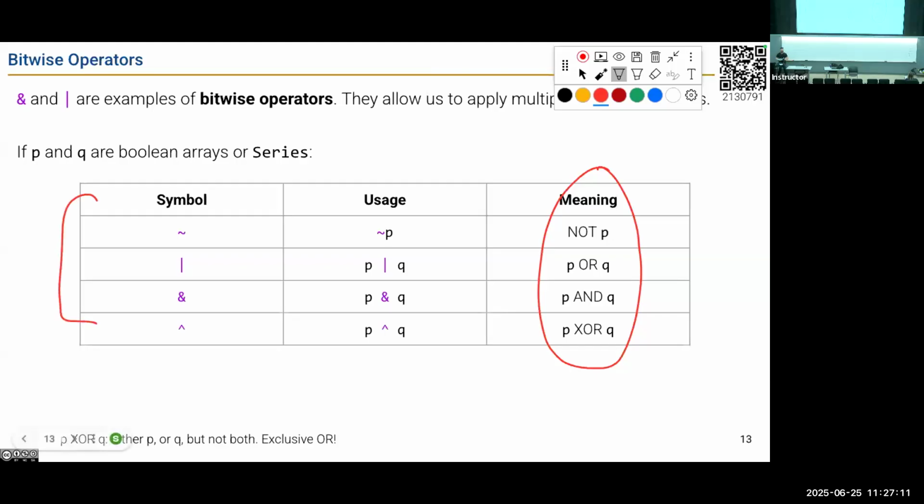I almost never use exclusive OR in my code. Okay, I'm usually just explicit, and I say this or that, but not both. Depends on what you prefer to do. But notice negation here is a little tilde. In other programming languages, negation can be something a little bit different. All right? So you can start putting these together to start making different Boolean conditions to filter your data frames.